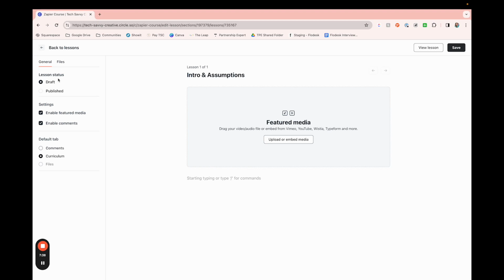Over here on the left, I have a couple of different options. I have draft and published for the lesson status. I can enable featured media, enable comments, and then I can choose the default tab, whether that be the curriculum for the lesson or the comments that the users are leaving. Looks like I can also use files, but I have to add the files to do so. And if I click on the files, there's the files tab where I can add files to this lesson. So I'm going to come over here,